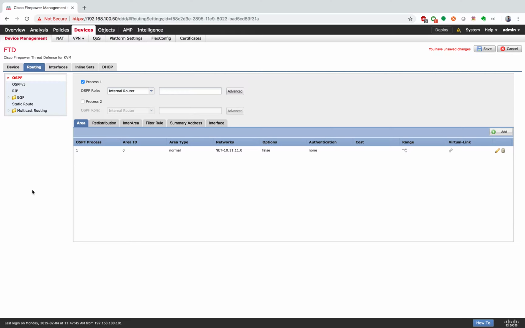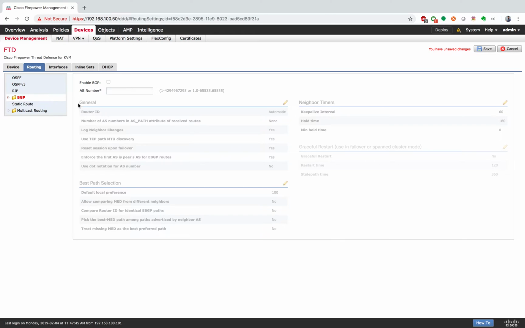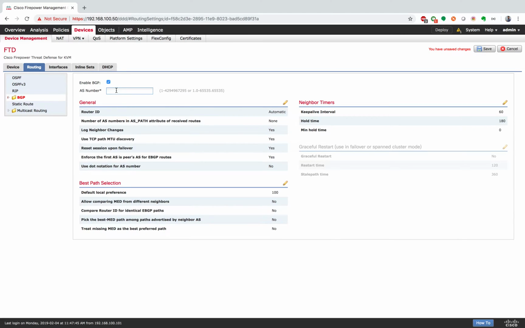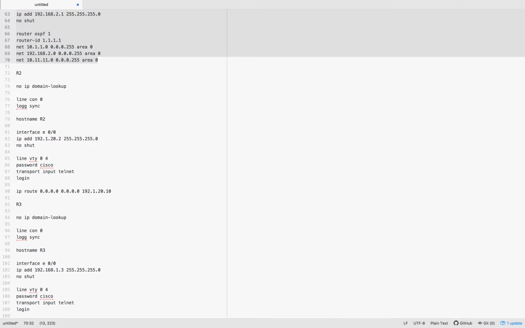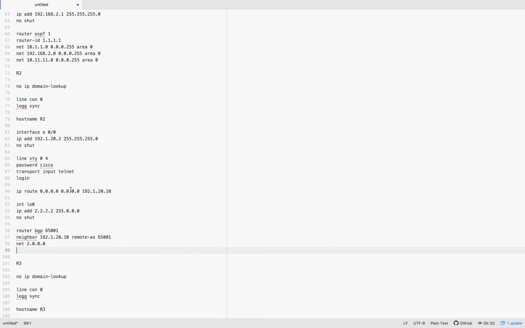Let's also do BGP between the FTD and R2, right? So let me go to BGP, and I'm going to enable BGP and create an AS number of 65001, right? Like I said, we need to do the BGP configuration on R2 before that, so let's do that. Put in a loopback address and also put the BGP configuration, right? The loopback address is 2.2.2.2 and the BGP neighbor is 192.120.10, right? Remote AS 65001. Yeah, that looks good, right? So this is basically the BGP configuration advertising the 2.2.0.0 network,